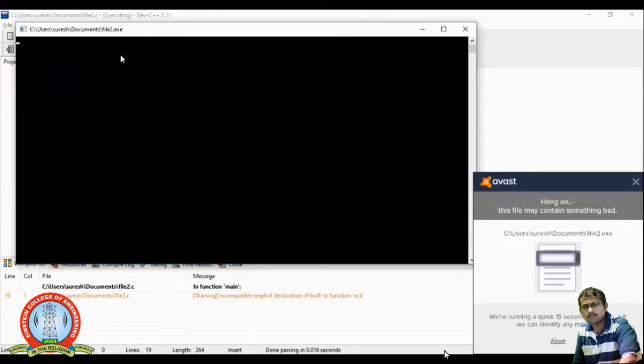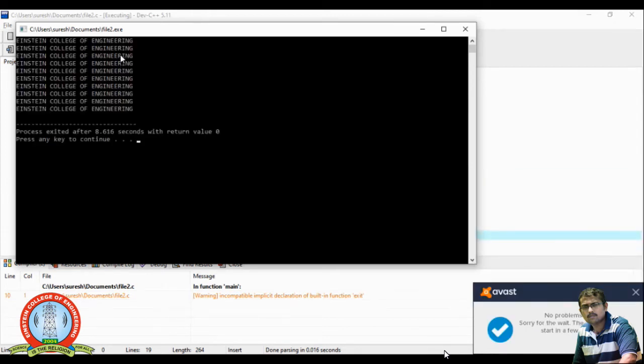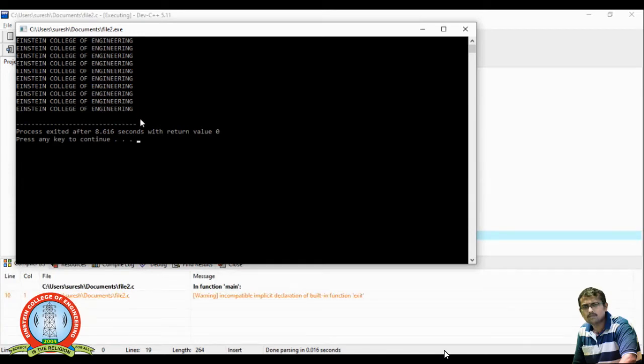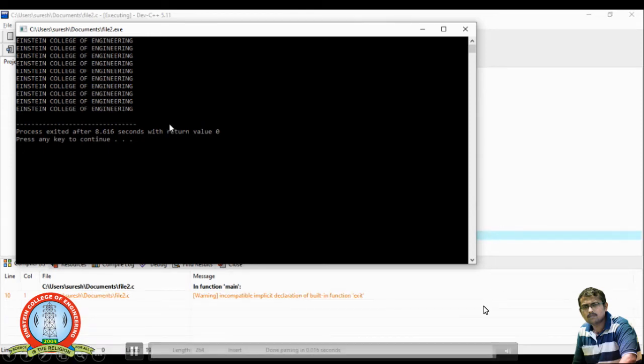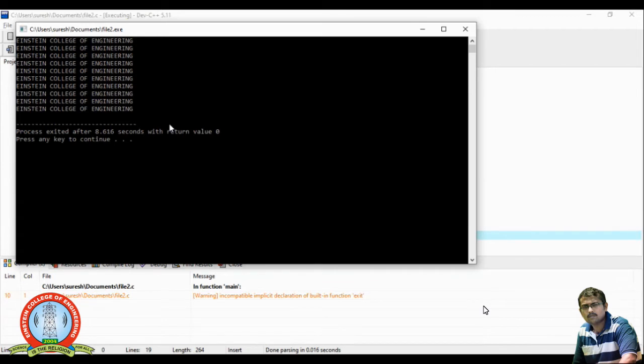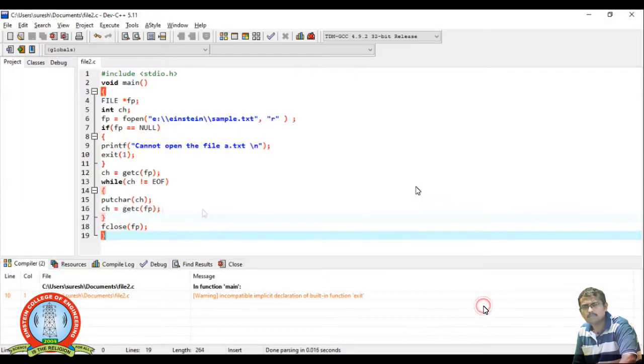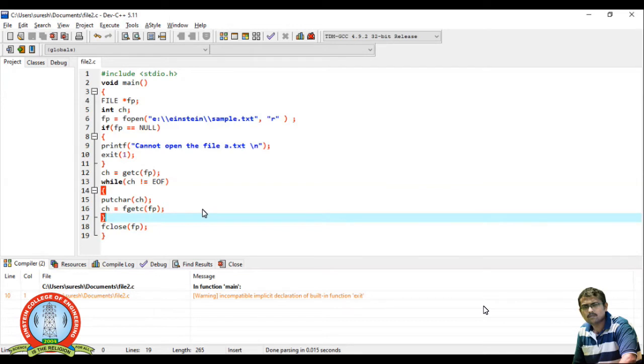You see the output is displayed as Einstein College of Engineering 10 times. This is the content of the file also. So this is a simple example that shows how a file is read using read mode, and how the operations are performed using C programming.